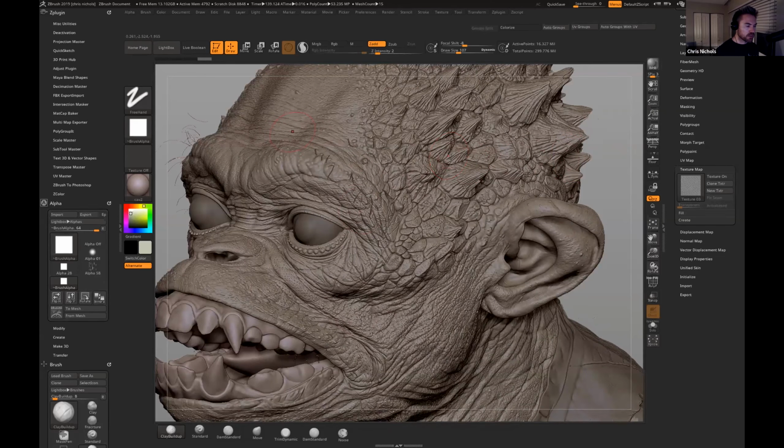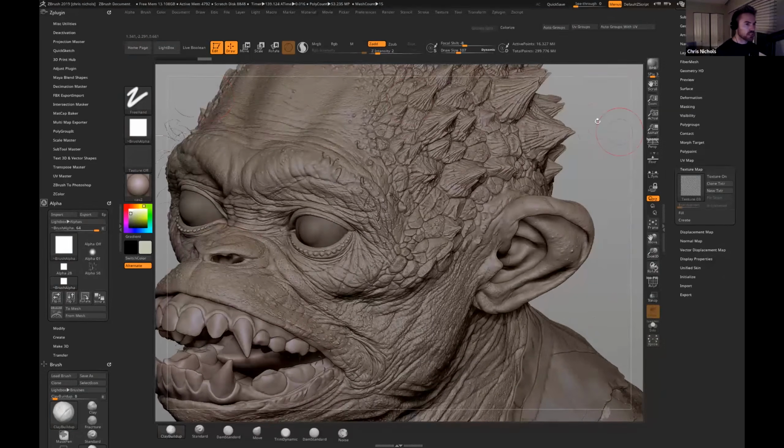But yeah, so I kind of wanted to show the pack, but I have a link on the website, and what that is is a lot of those skin surface details from the Texturing XYZ scans, but they've been put into an alpha form so that I can start to drag those details onto the surface.